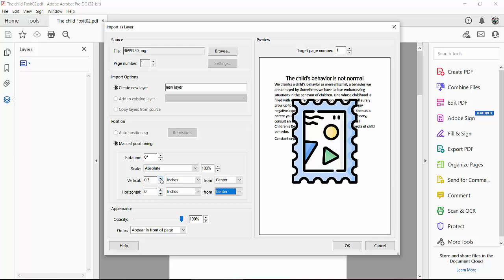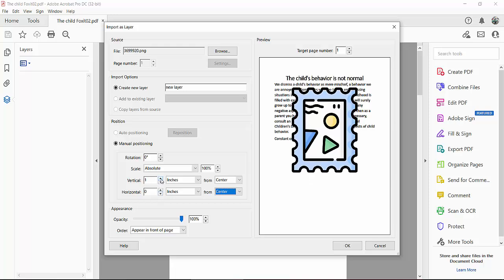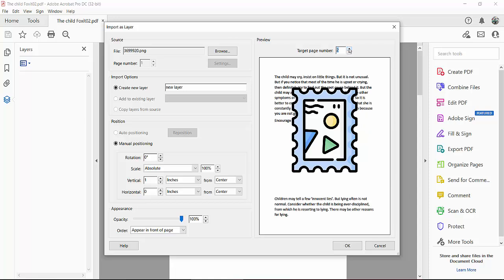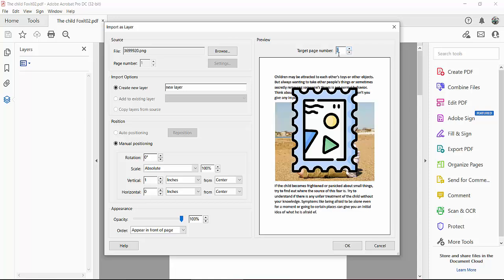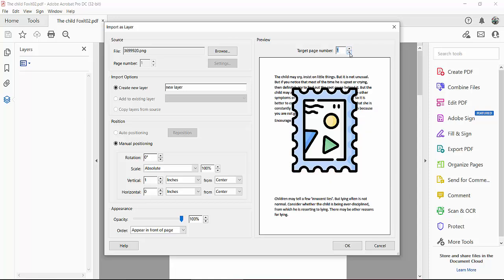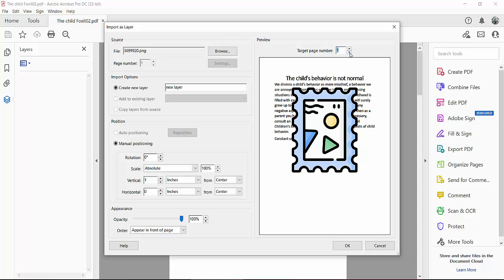and this vertical, see this, and also you can insert this layer by page range. You can insert this page number 2, 3 and custom page range. I'll insert it on the first page. Now finally select OK